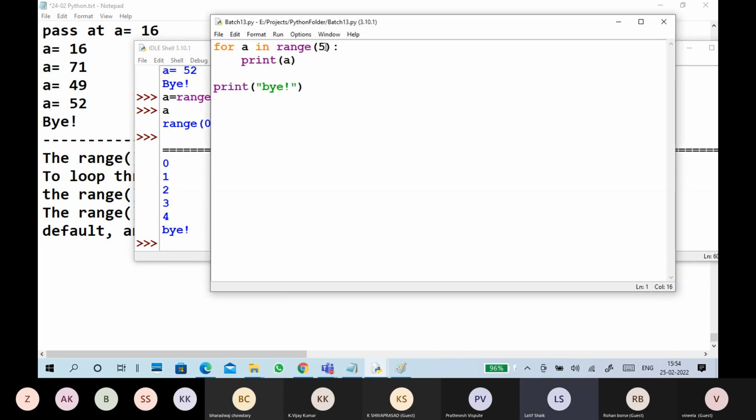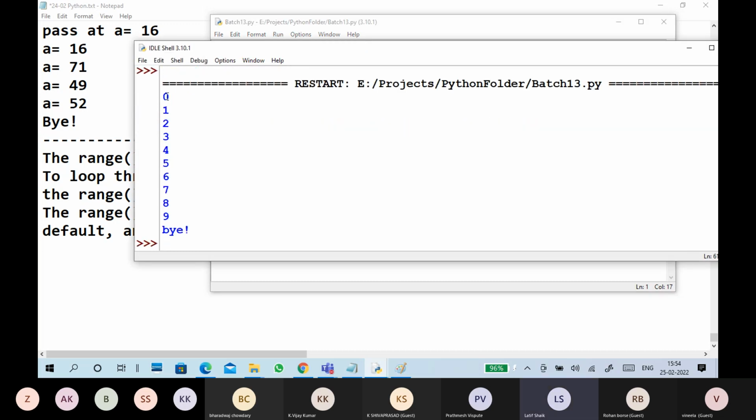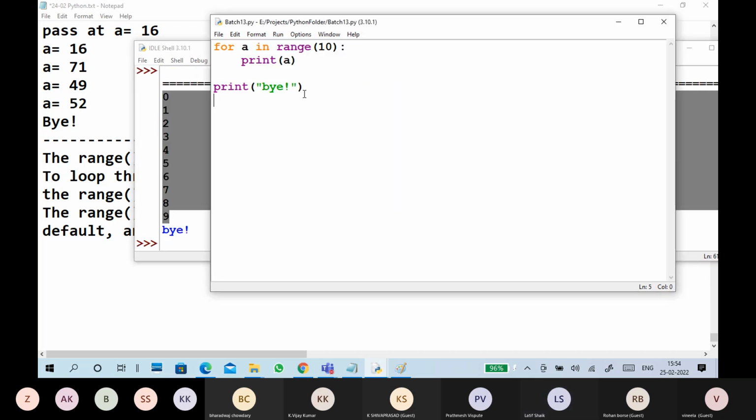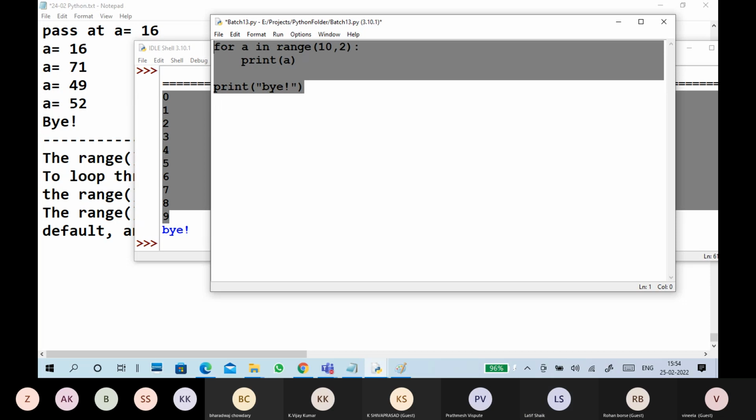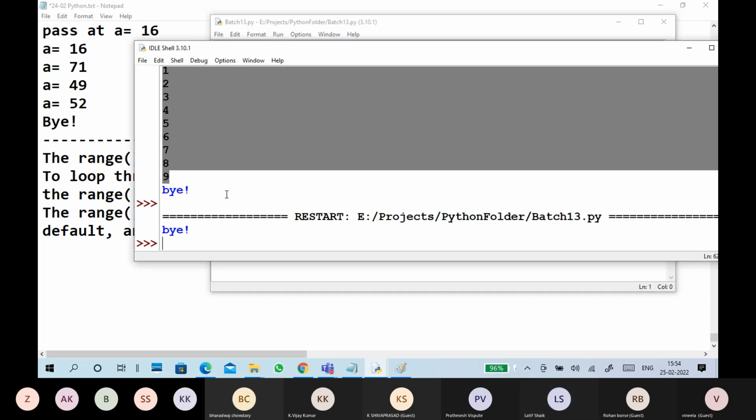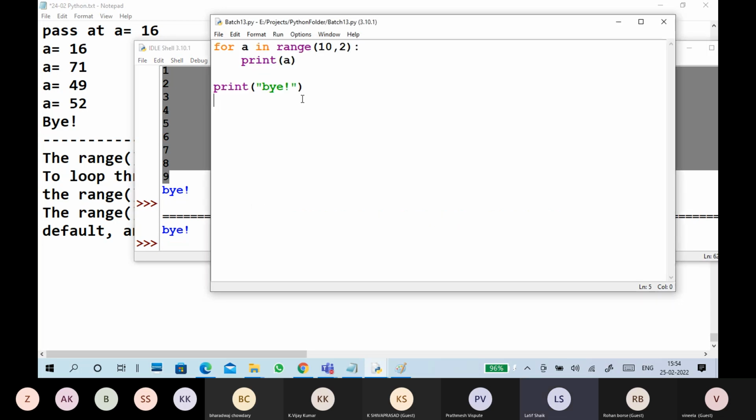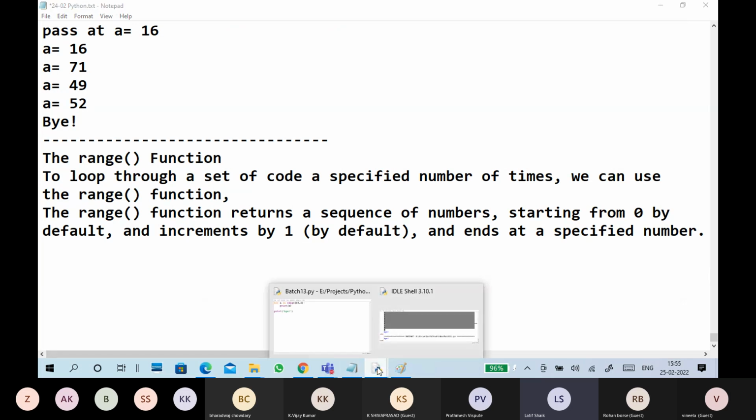You want to put 10. So what will it print? 0 to 9. For example, you want to put 10, 2. I'll show you that one. It is not showing that one.